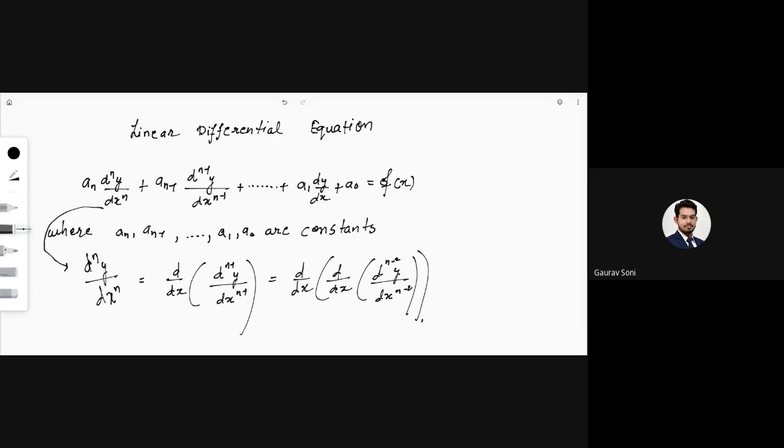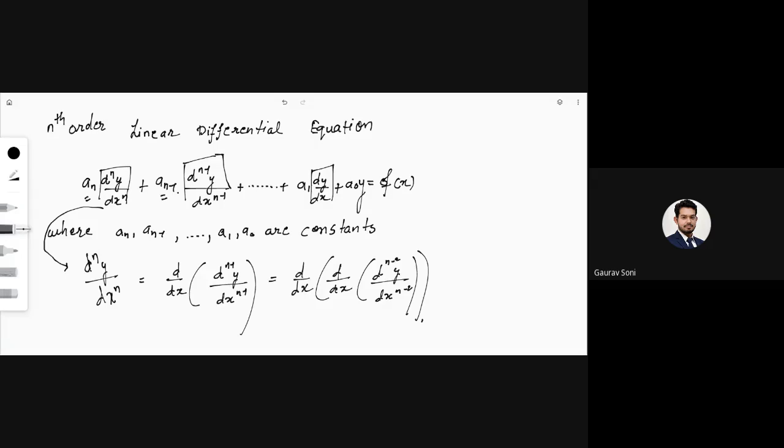So you're taking n number of derivatives. So this is n number of derivatives. This is n minus 1 number of derivatives of y. So on, it will go on decreasing up to one derivative of y, and this term a naught y will be no derivative of y, is equal to a function. So nth order linear differential equation. One more thing, this